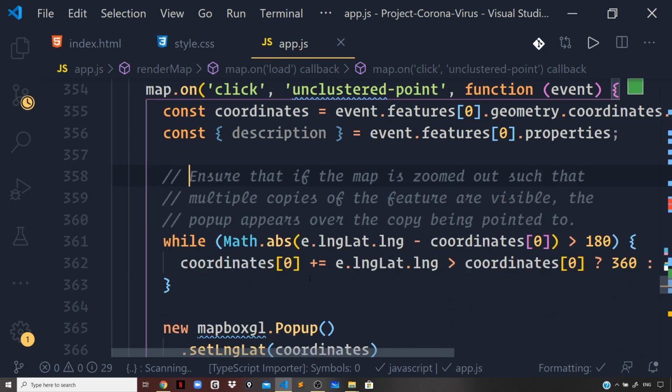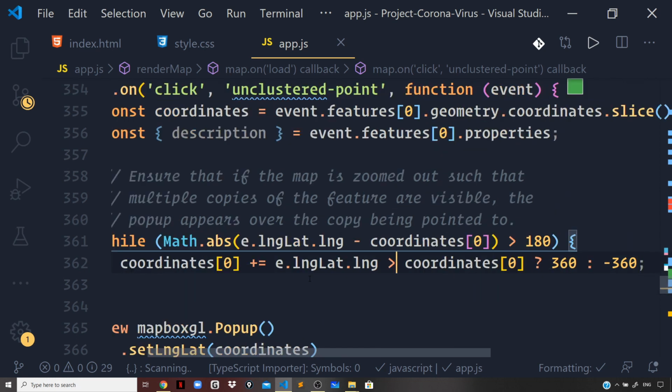Now as you can see from the comment given in the example, it says ensure that if the map is zoomed out such that multiple copies of the feature are visible, the pop-up appears over the copy being pointed to. So this means once you have the cluster, you zoom, you will see points, and you will have multiple copies of that feature visible to you. And once you click on that particular point, you will see a pop-up that will render the description. So here in this while loop, change this to event,